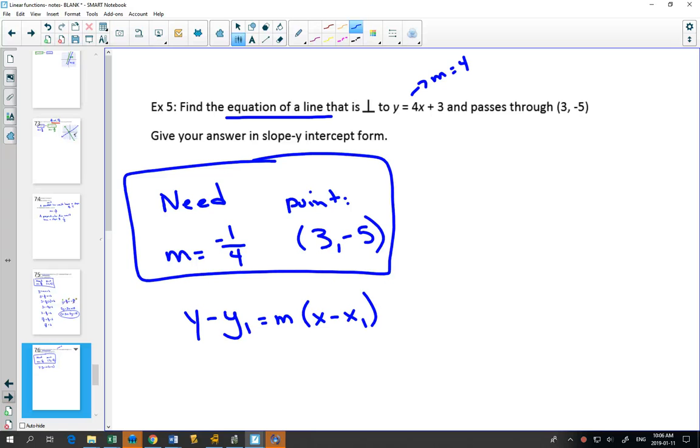I should have used the second method for the first one and the first method for the second one, because this one asks for the slope-intercept form, but it really isn't going to take any significant amount longer. So how do we do point-slope form? We plug in our slope, negative 1 over 4, plug in our point, y plus 5, because it'd be y minus a negative 5, x minus 3,